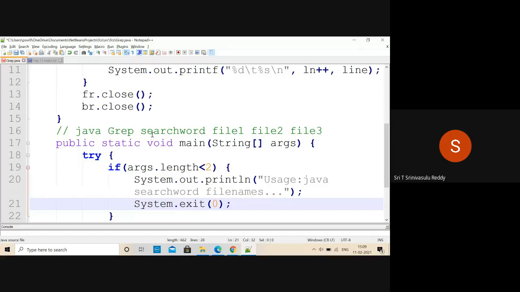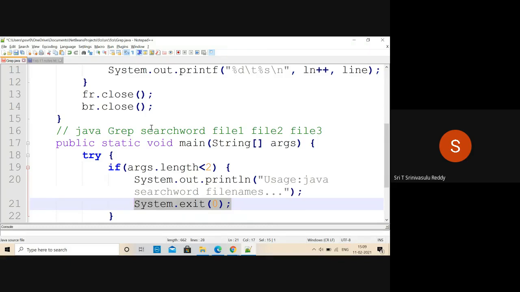In other cases, especially when you fail to open a file, you can exit with some exit status or exit value. See this System.exit, wherever you use it within your program, not necessarily in the main method, it's going to terminate the total program.